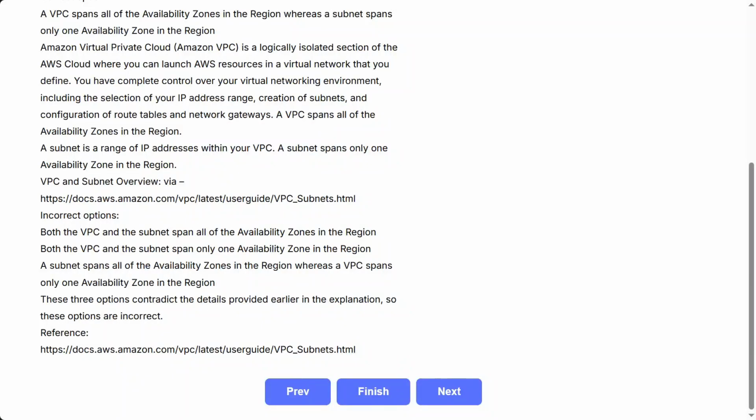So why is A correct? Because a VPC is designed to cover the entire region and can include multiple subnets, each assigned to a specific availability zone. This design helps you architect highly available and fault tolerant applications by distributing resources across AZs.